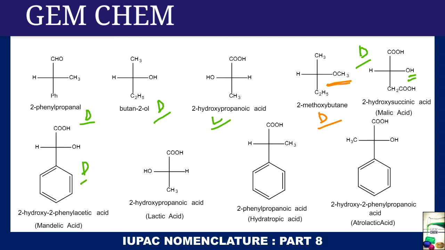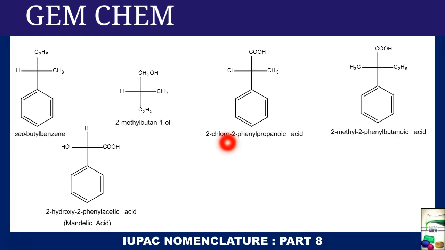Similarly, the next one is lactic acid. This is lactic acid and the OH is present in the left hand side, so it is L. Next, if we come to this one, it is tropic acid, right? This has reference with the CH3 group, so we can write it as D. Next, this one is known as atrolactic acid. Now, if we focus on this one, we will name it with respect to CH3 present here. Since it is in the right hand side, we will name it as D, right?